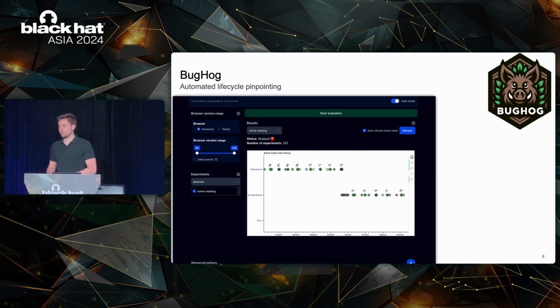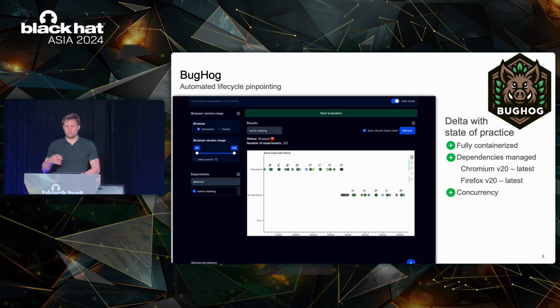Now, this looks a lot like a bisection tool. That's because it is, but it also sets itself apart from all other bisection tools. This is because these binaries are executed in their own container, so we take care of all dependencies. This makes us able to evaluate even very old browsers. We can go back in time to Chromium and Firefox version 20. Also, we can run these evaluations concurrently to speed up the full evaluation process. This we used in a study to evaluate